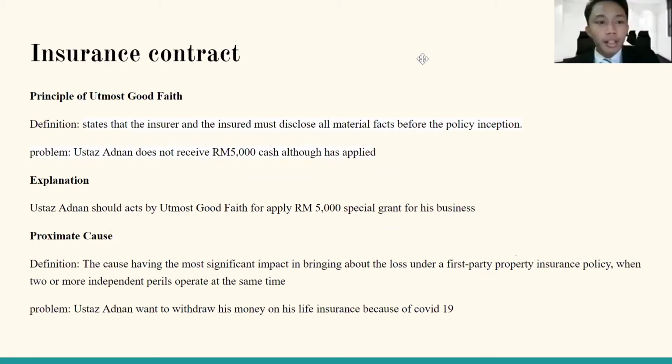Next is insurance contract. There are two types of insurance contract in our assessment. First is principle of utmost good faith. The definition is state that the insurer and the insured must the problem that Ustaz $1,000 cash also has applied. Explanation: Ustaz Adnan should act with more good faith to apply for the 50,000 special grant for his business. Second of insurance contract is for